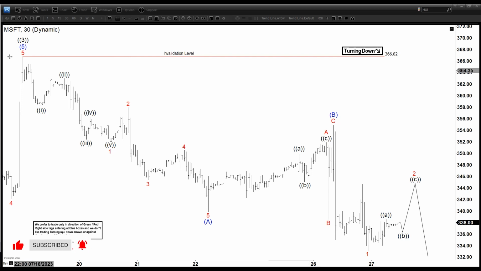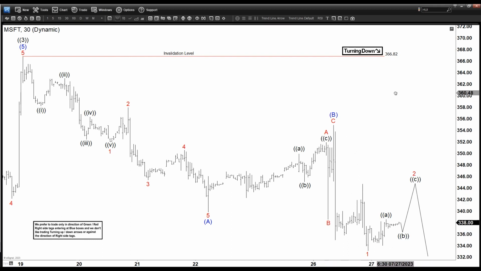We are looking at the chart of Microsoft here, 30 minutes time frame. We can see it ended wave 3 at $366.8, and now it is doing a wave 4 pullback, and the pullback is in the form of a zigzag. So we have a 1, 2, 3, 4, 5 ending A. Then this is your B as a flat A, B, C. And now it is doing a sell down, which should be in 5 waves, and potentially we still can extend